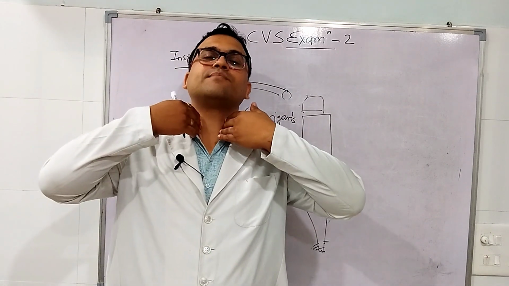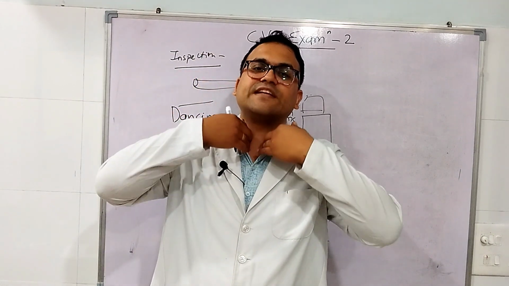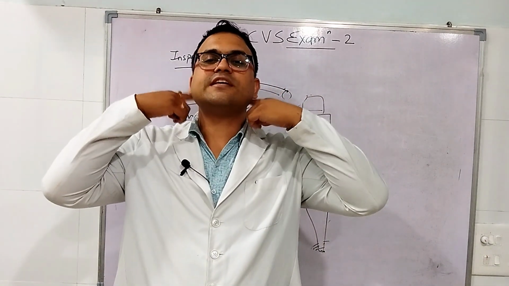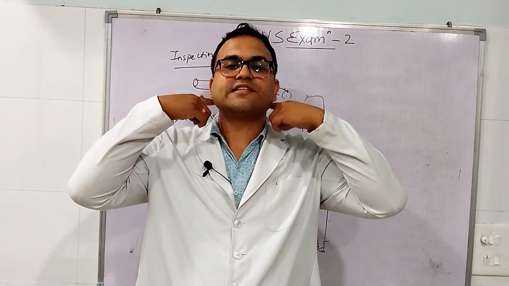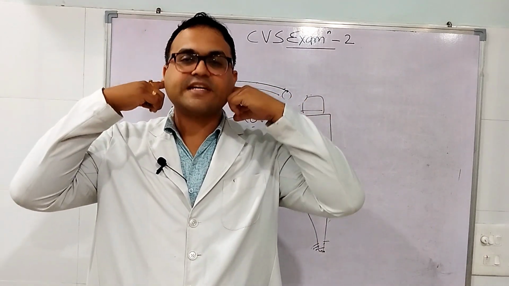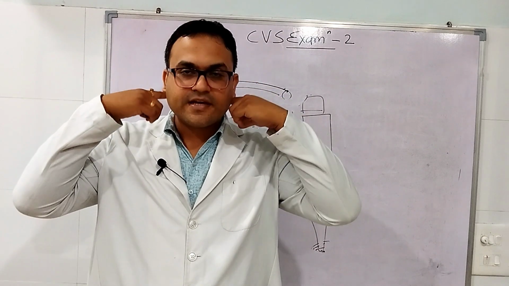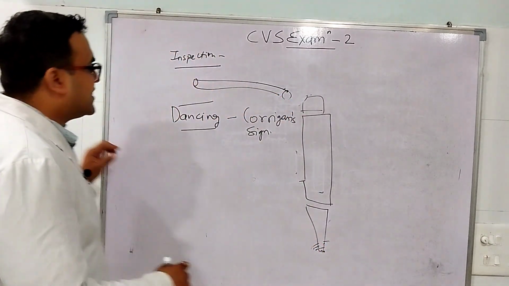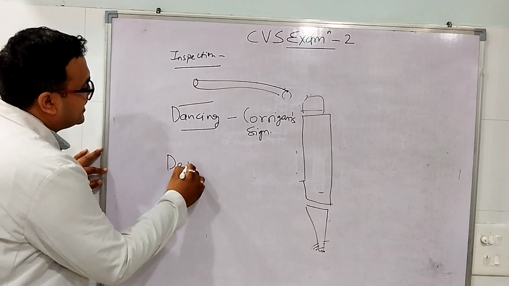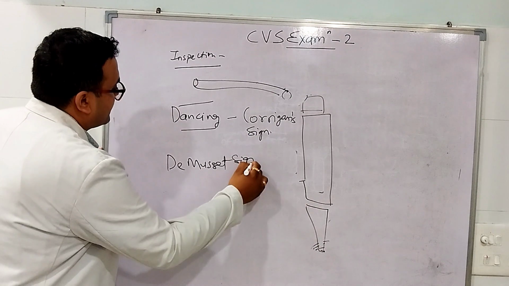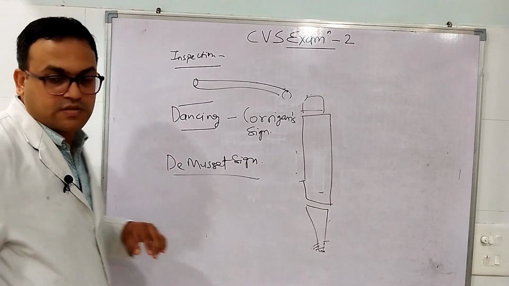Right now we are seeing the carotid pulsations, the dancing carotid, that is known as Corrigan's sign. And sometimes when AR becomes very severe, it appears as if both the ears are also having pulsations, and sometimes it appears that there is bobbing of the head with each cardiac systole. So this is known as De Musset's sign. Okay,